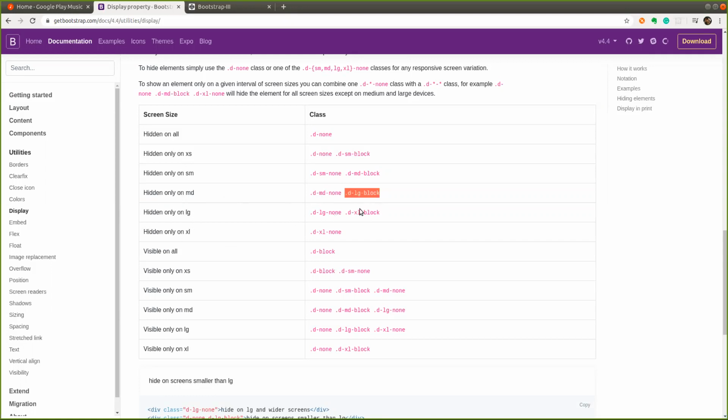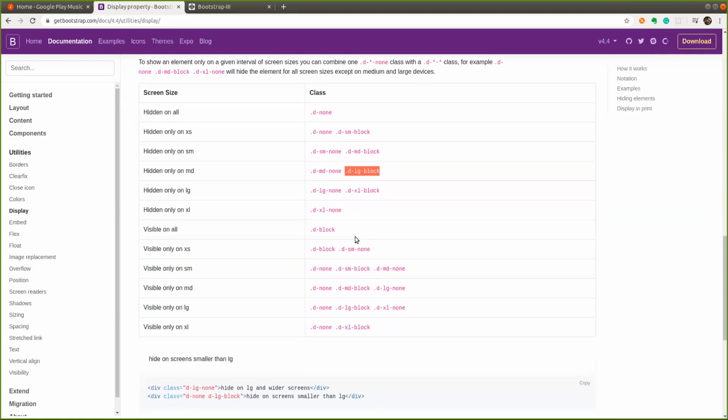So these are the display classes, and these are all the visible classes. If you want to make it visible only on small screen, you have to make it none, and small you have to make it block, and all above it you have to make it none again. Because these classes are applicable from the given size to all the above sizes, it will help you